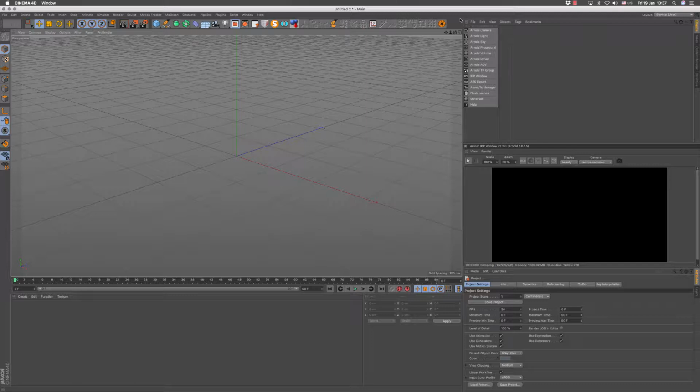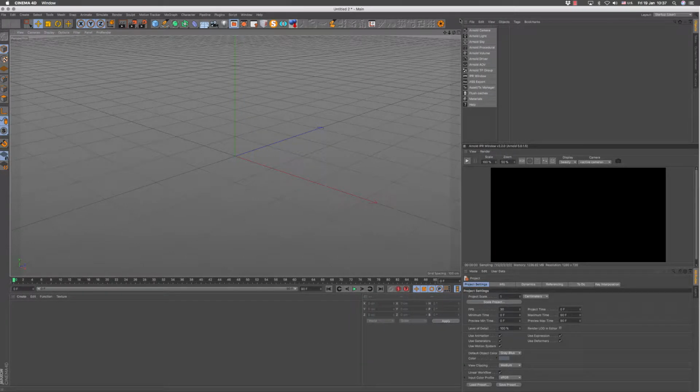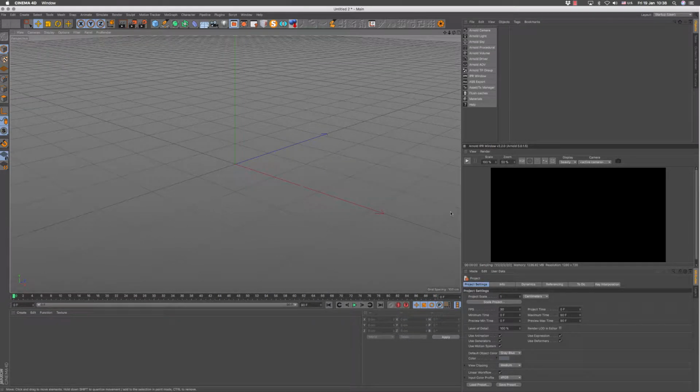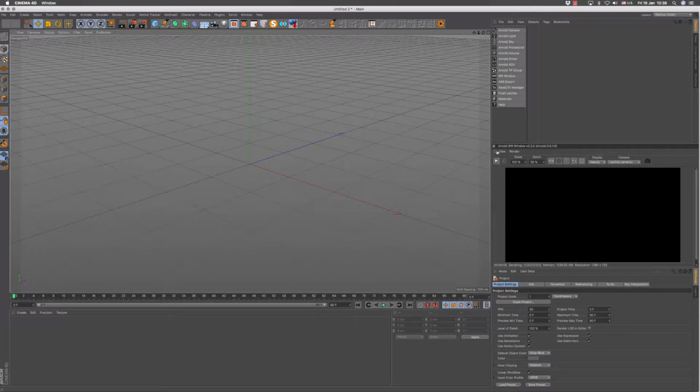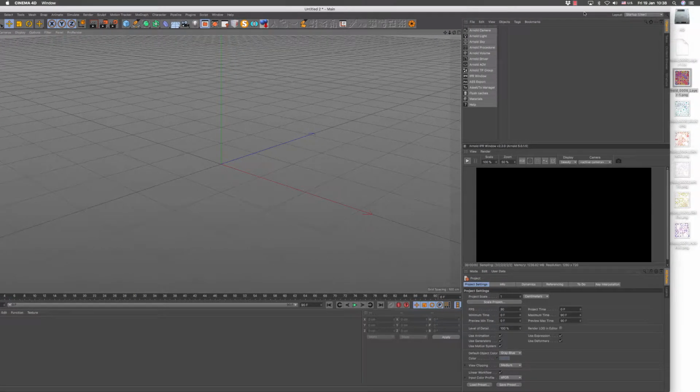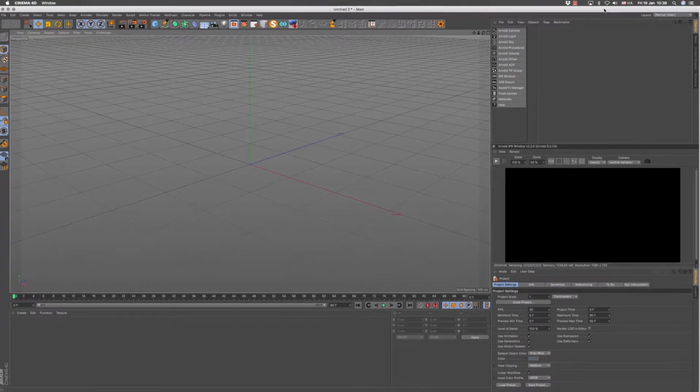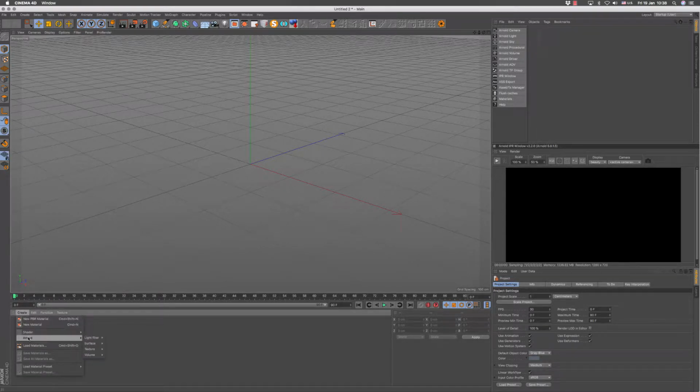I'm going to create a small tutorial about how to create a material and some lights in Arnold. I presume you do have Arnold and you know a little bit about the basics, so I'm not going to go over everything. I'm just going to make something and you can follow along the way, so it'll be a quick one. First of all, I'm going to create an Arnold surface